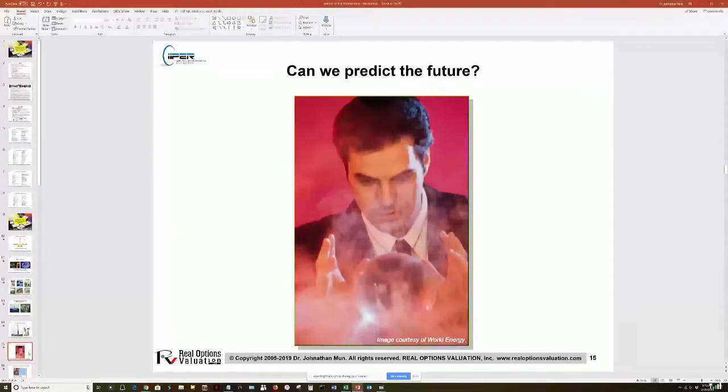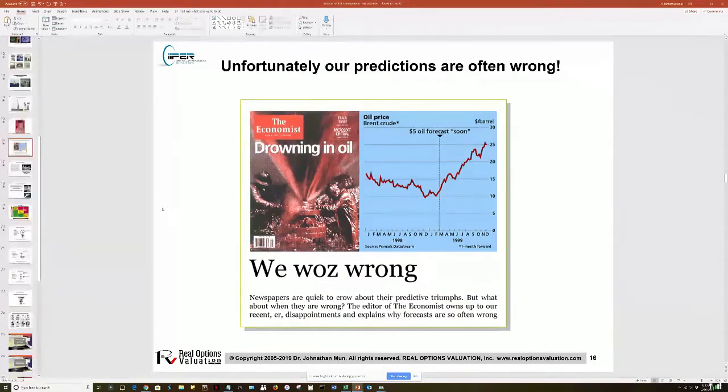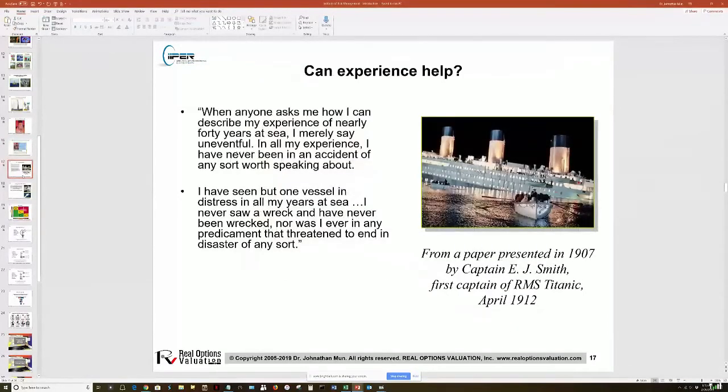And the answer is, people have actually tried, experts have tried all the time. So here's The Economist multiple years ago, and they had about 100 economists in a room, and they said, well, let's forecast, run all your predictive models, all the quantitative models that you guys have, all the fancy stuff, and let's see what comes out. And let's predict all prices. And the answer, of course, the headline is, we were wrong. Okay. So smartest people in the world, who are experts in that area, you got a little bit of a problem.